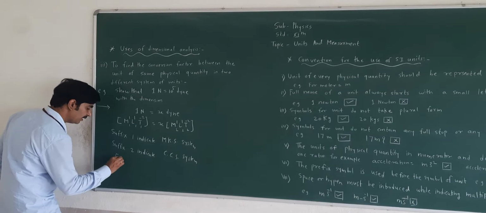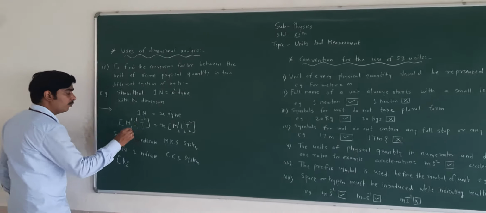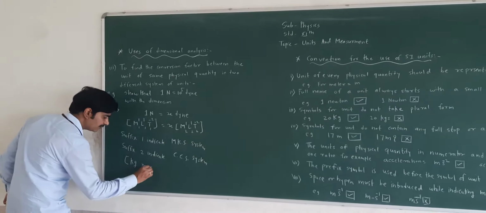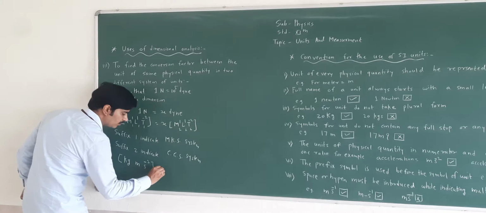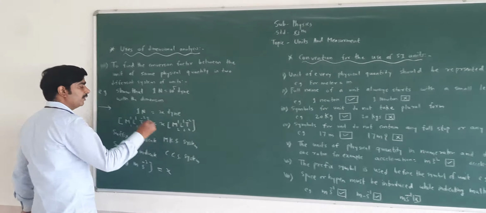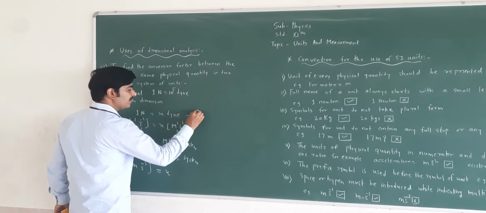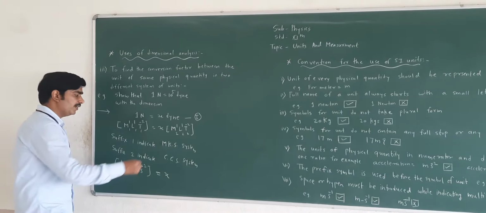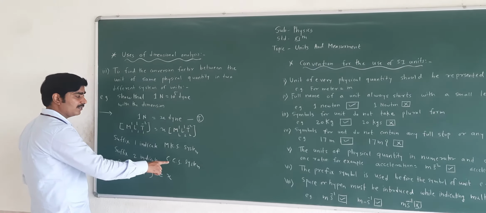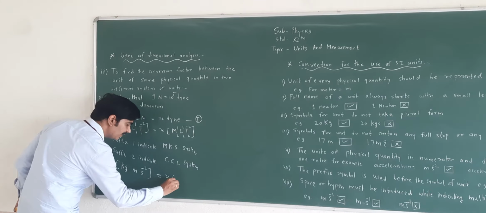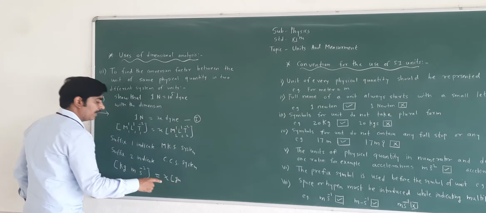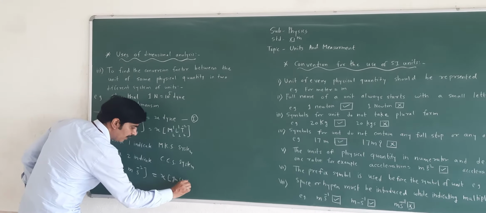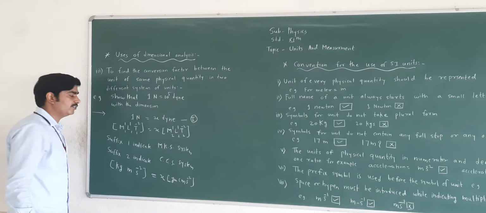Right. So when we are measuring the mass, what is the SI unit for the mass? Kilogram. What is the SI unit for the length? Meter. For the time? Second. This is equal to x, where 1 Newton is equal to x dyne; we can consider this as equation number 1. Then for suffix 2, CGS, centimeter gram second: mass will be measured in terms of gram, length in terms of centimeter and second to the power -2.